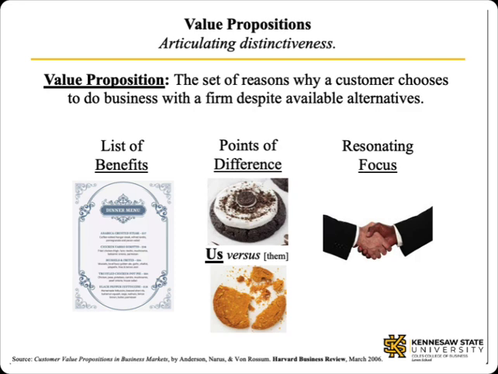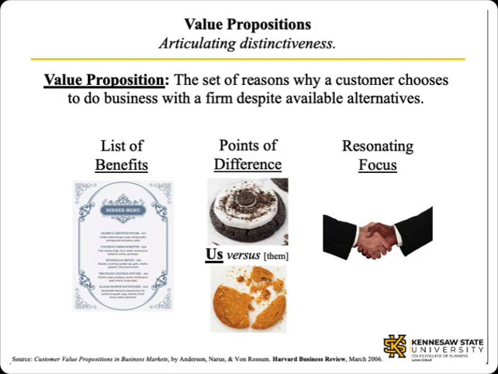In more practical terms, a firm's generic business strategies are more familiarly articulated as its value proposition. A value proposition is a simple expression of why a customer would choose to do business with one firm over other available alternatives. Value propositions come in a variety of forms, especially at different levels of detail. I'll list 3 here. A starting point is when a firm simply lists the advantages it can provide its customers in the all benefits form of value propositions. This would be the equivalent of a restaurant publishing a menu that they hope tempts people to eat there.